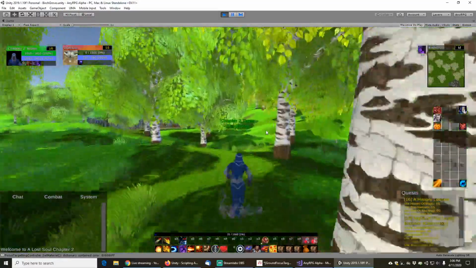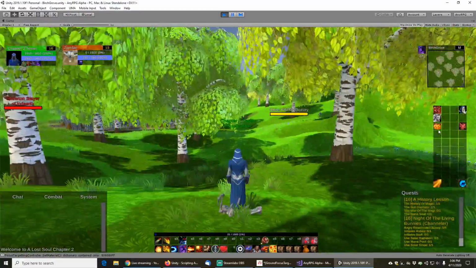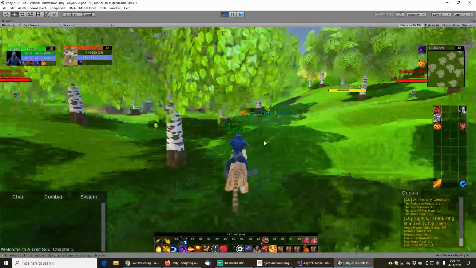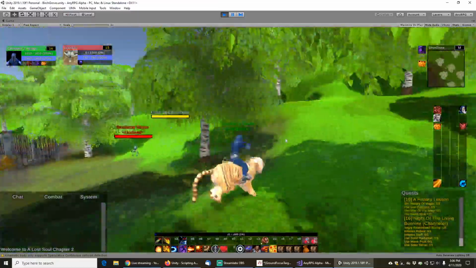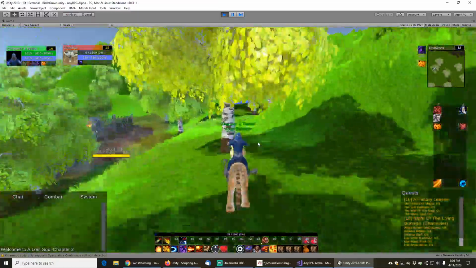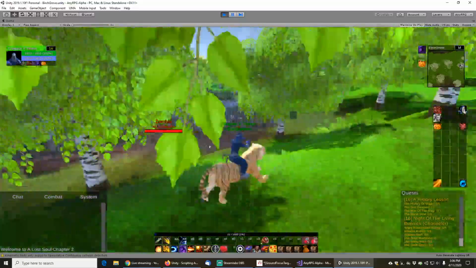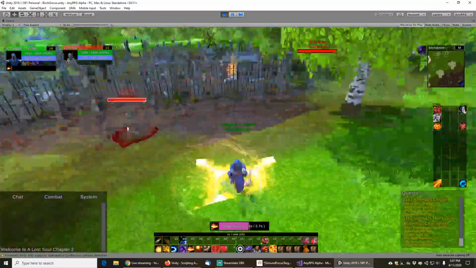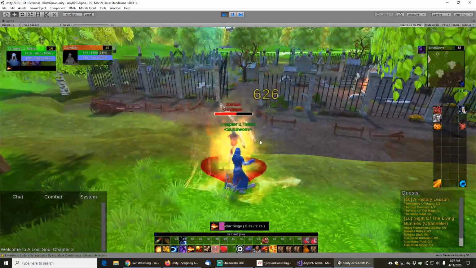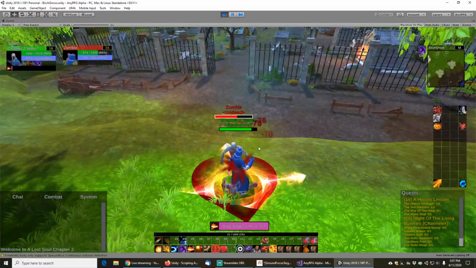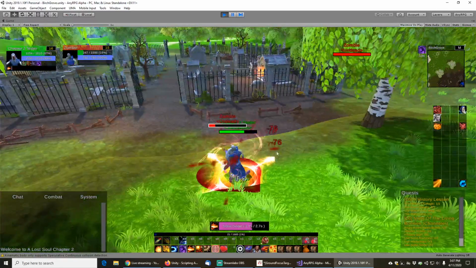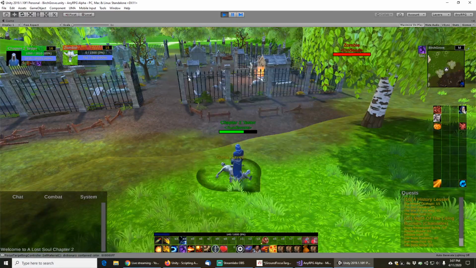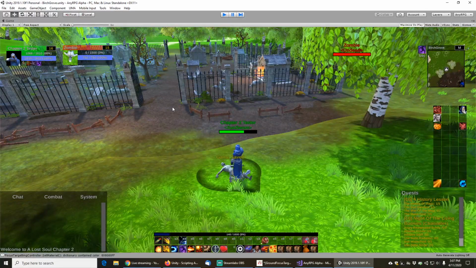So to do that, we will go jump on our tiger mount and wander over to somewhere near our boss here, trying not to get aggroed on the way. Okay, so we're going to save this,